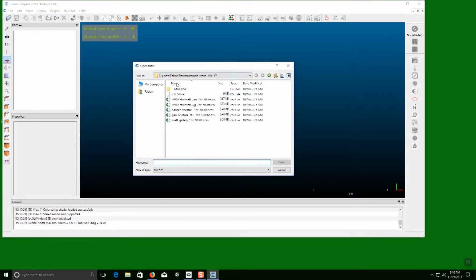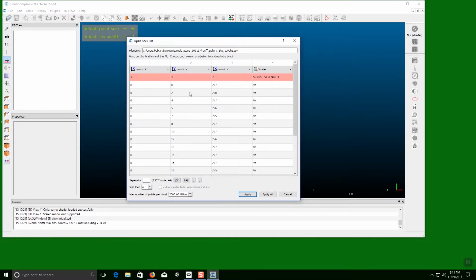And if you don't see your 3D scans in here immediately, I already navigated to the desktop in order to see them, but it may be that this opens up just telling you to look for CloudCompare entity files, these bin files. Then you actually wouldn't see your scans in here, so you have to make sure that under Files of Type, All is selected, and then that will give you a list of your 3D scan files that you can open. So again, I want to open the roof gallery file here, the open key,